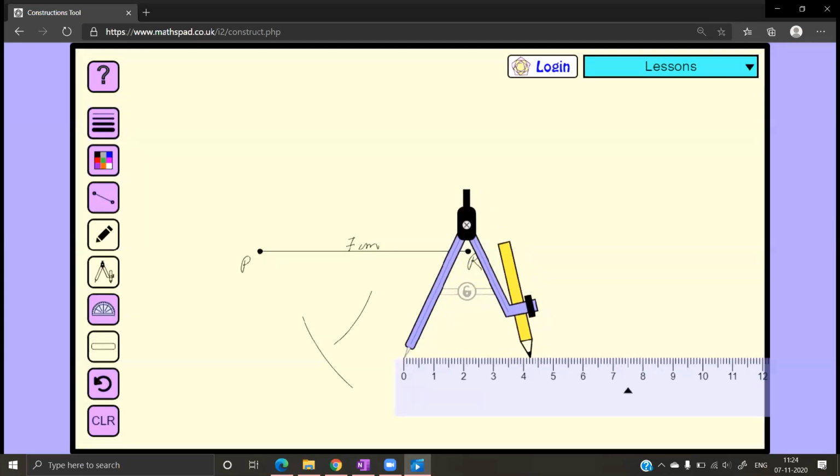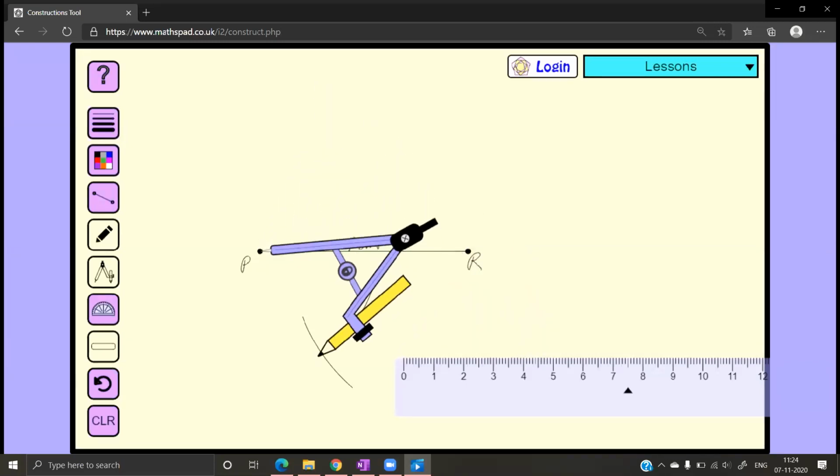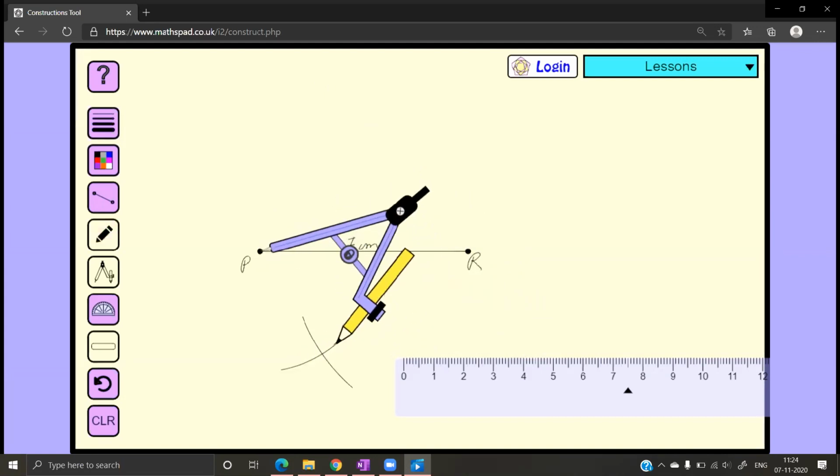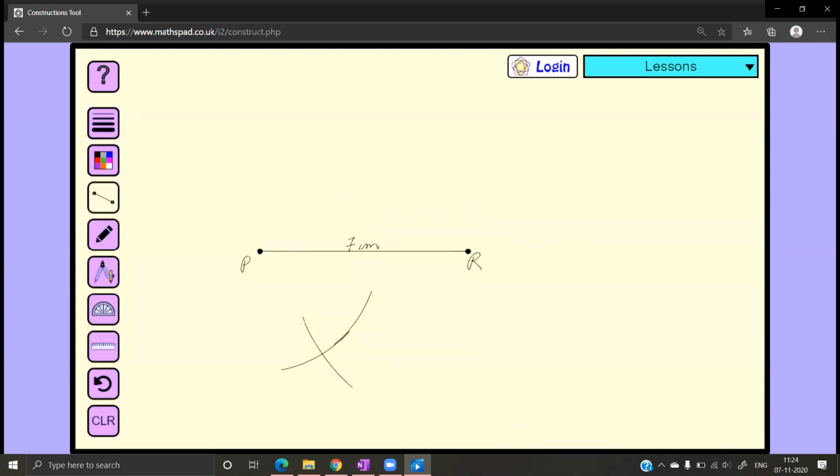And make sure your pencil is sharp enough and you have precise measurements so that your construction is clear. So you draw an arc again, and now you have the intersection. This is important, otherwise you will not get the point. And once you have the point, you will join the point to the end points of your diagonal. And then you obtain a triangle.